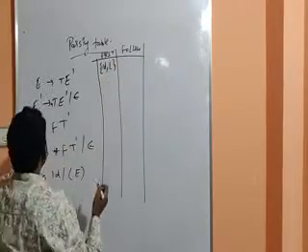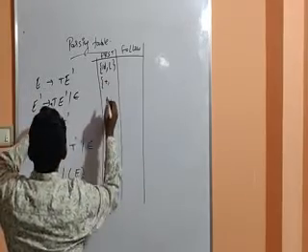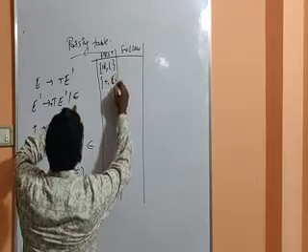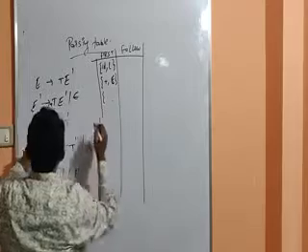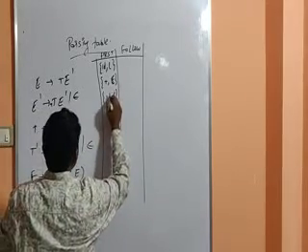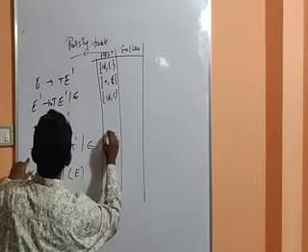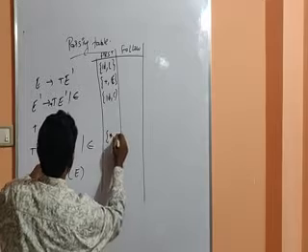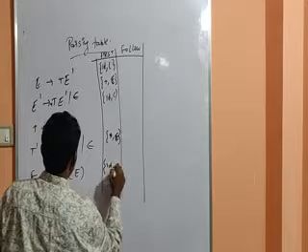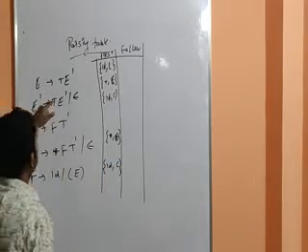Next E dash. What is the first of E dash? Plus, comma, epsilon. Next T. F is a non-terminal, so come to F: ID, comma, open brace. Next T dash: star, comma, epsilon. Next F: ID, comma, open brace. So this is the first of the given grammar. Next let us see the follow of the given grammar.